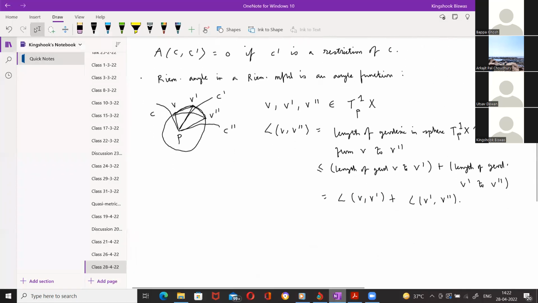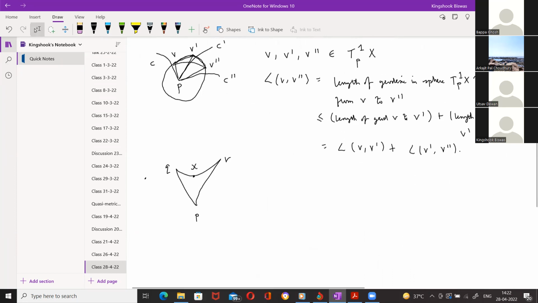So here we have P, Q, R, and I'm taking an X here, and I'm taking the comparison triangle in M2 kappa, and I'm requiring that if this point is X bar and this is Q bar, R bar, P bar, then I want